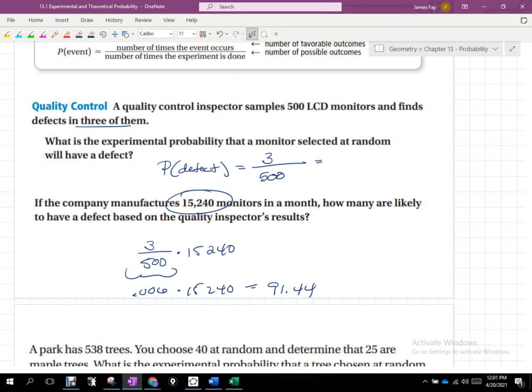So, for instance, if we run a study dealing with a medication, trying to fix, let's just say, high blood pressure, okay, if I give that medicine to one person and one person only, and it